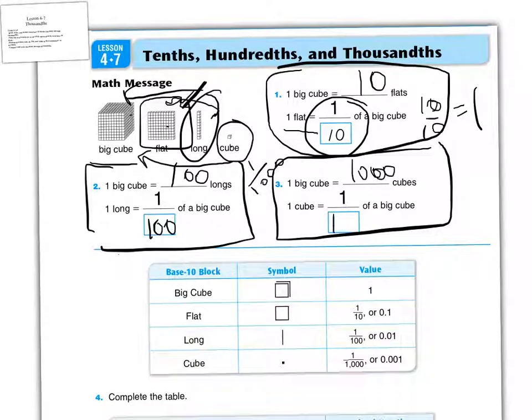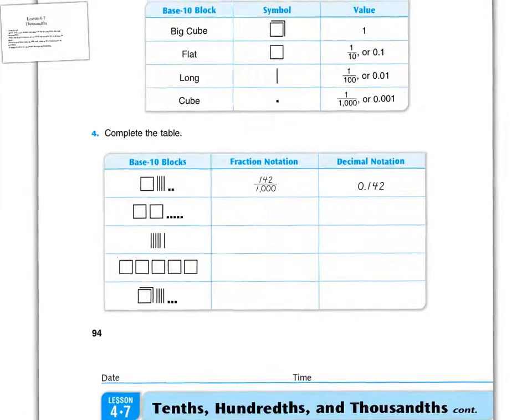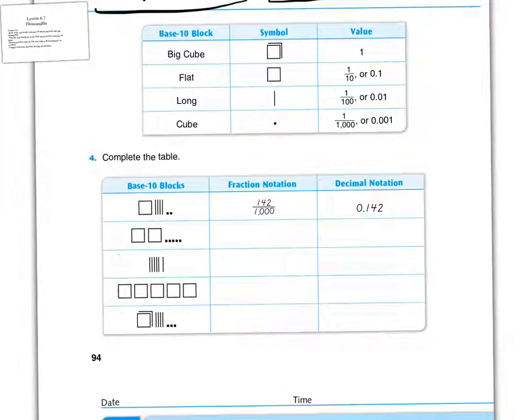It is 1 out of the 1,000 little cubes needed to make the big cube. So that's why we call it 1/1000th. Alright, so let me zoom in a little bit here. If we use this chart right here, this is telling you that the first thing you want to